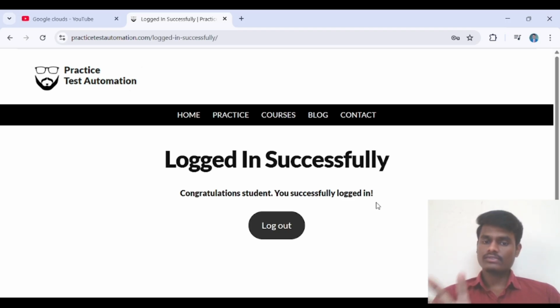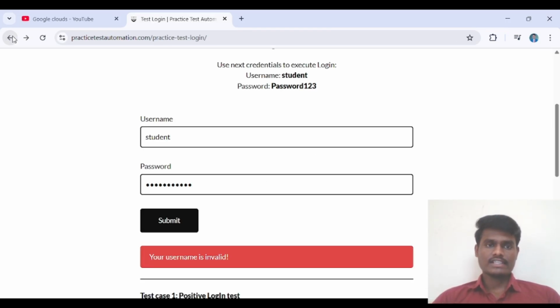Same like that, where we have written the valid username and valid password, we go directly to the home page. And see guys what happens if I give an invalid username and invalid password. What will it show? This is an invalid username and invalid password.